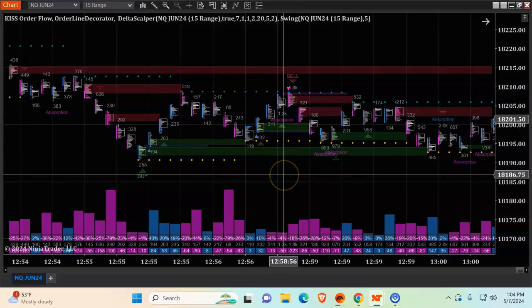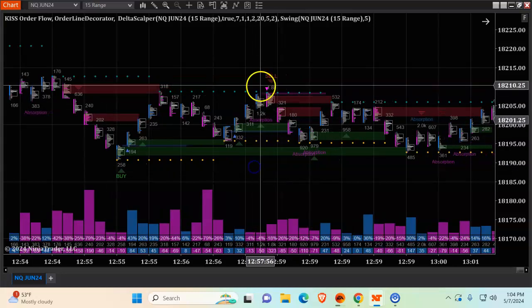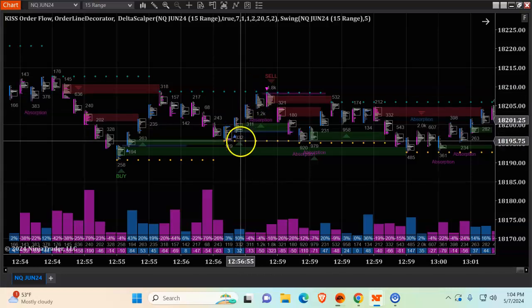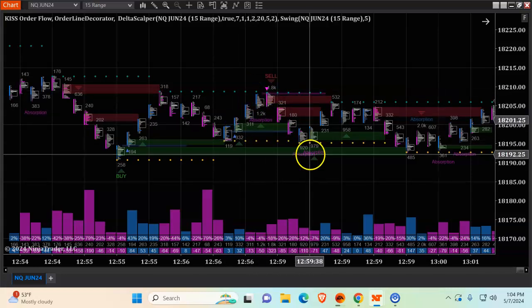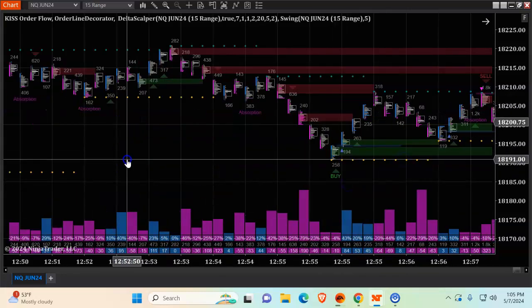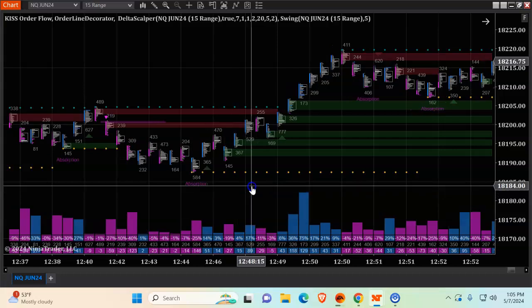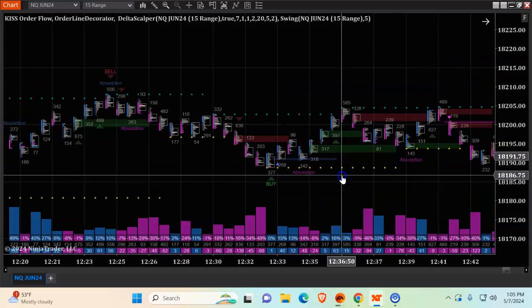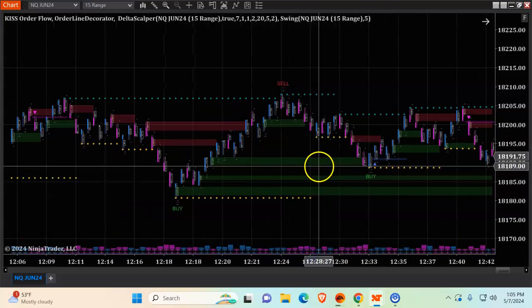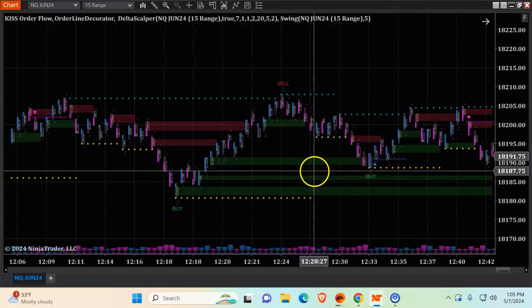Since I'm doing sometimes 4 contracts, I only need about 10 ticks anyway. Here's another example. Back up to the swing, off this swing to another swing, and then short there. This is the end of the day today, so let's go back here. There was another really good example right here. So if you come down here and you come to this swing,